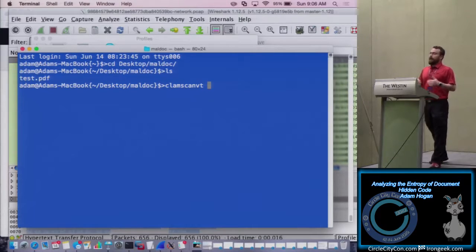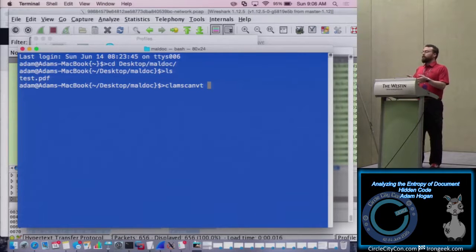ClamAV does a lot to normalize. It'll unpack binaries, right? It'll normalize a lot of traffic and a lot of documents and things like that. It's also going to extract weird objects in these files. So if I run a scan here